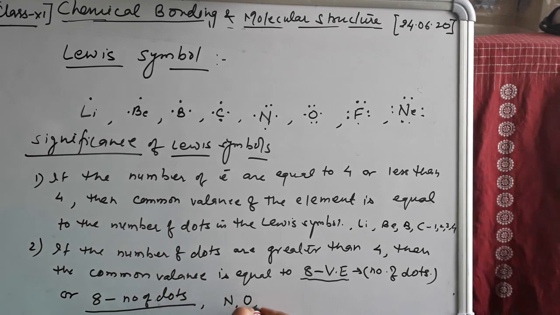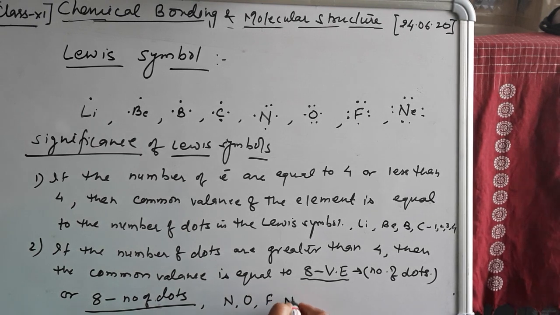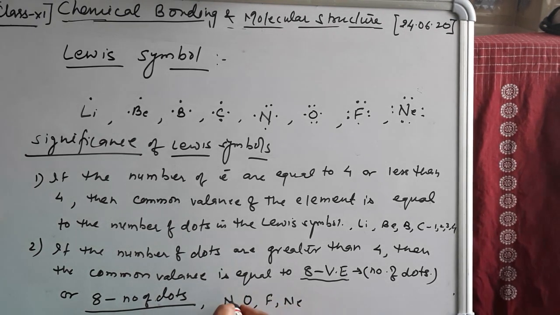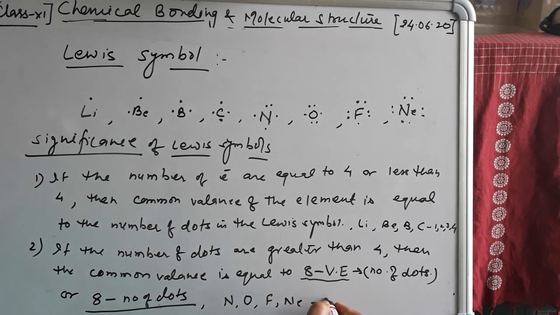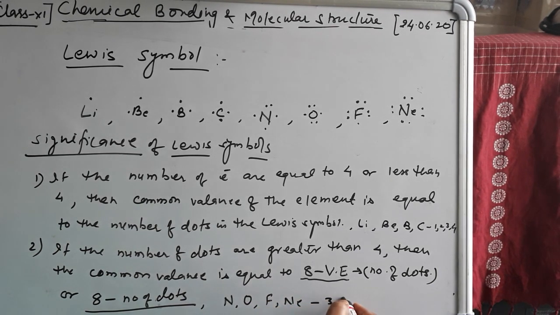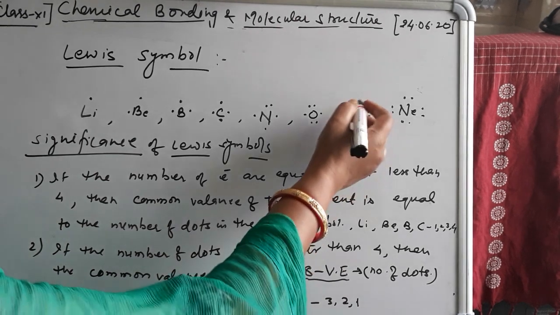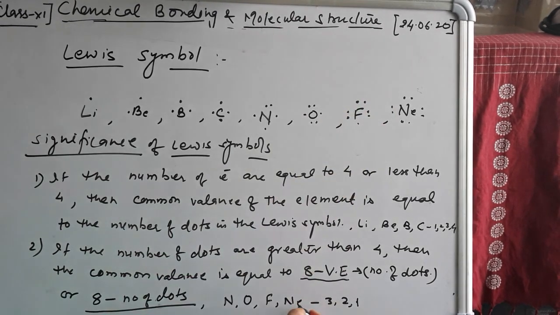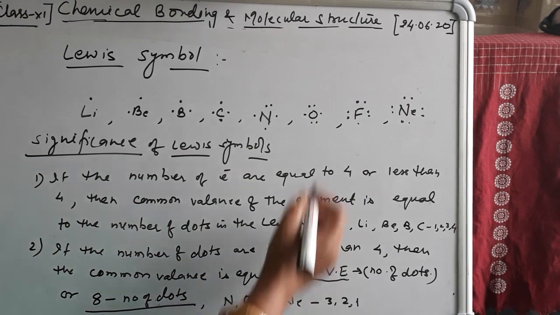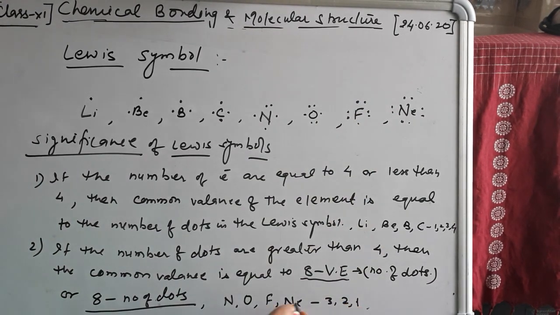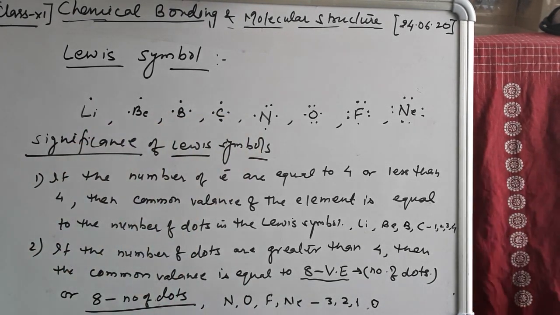For example, nitrogen, oxygen, fluorine and neon. The valency of nitrogen is 8 minus valence electrons. It becomes 3, oxygen 2, fluorine 8 minus the number of dots. How many dots are there? So it comes 8 minus number of dots, it comes 1, and the valency of neon, 8 minus dots, becomes 0. So in this way we can find out the valency of a given species by seeing the Lewis symbol, because